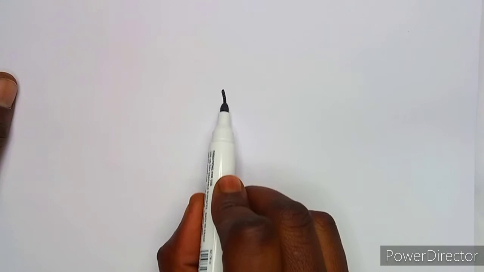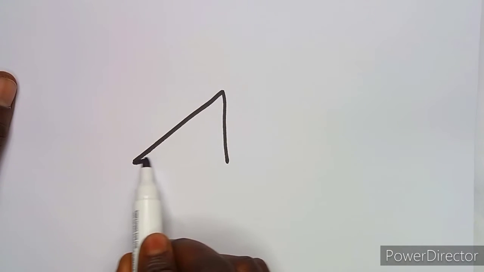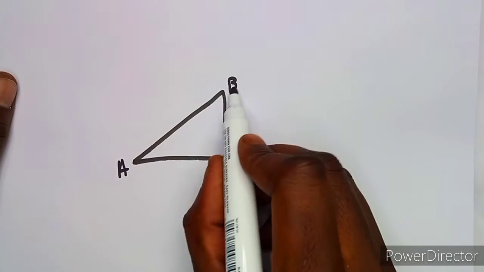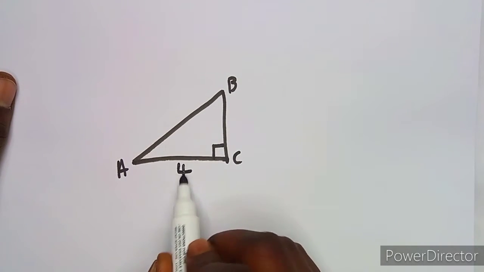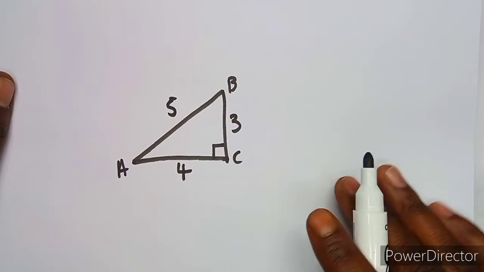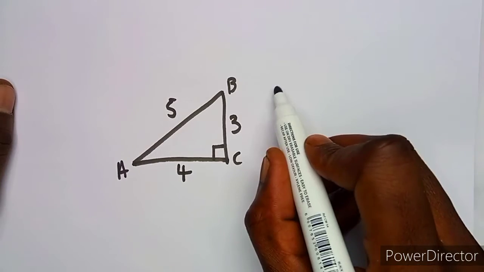But for the meantime, let's say you are given a right angle triangle. Now it's like this. This is A, this is B, and this is C. That's a right angle triangle. And you are given the sides 4, 3, and 5. All right, then the question is to find or to calculate